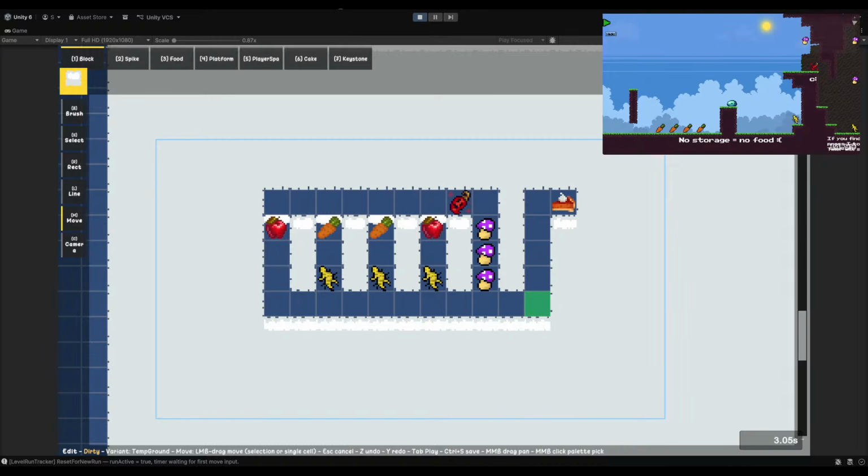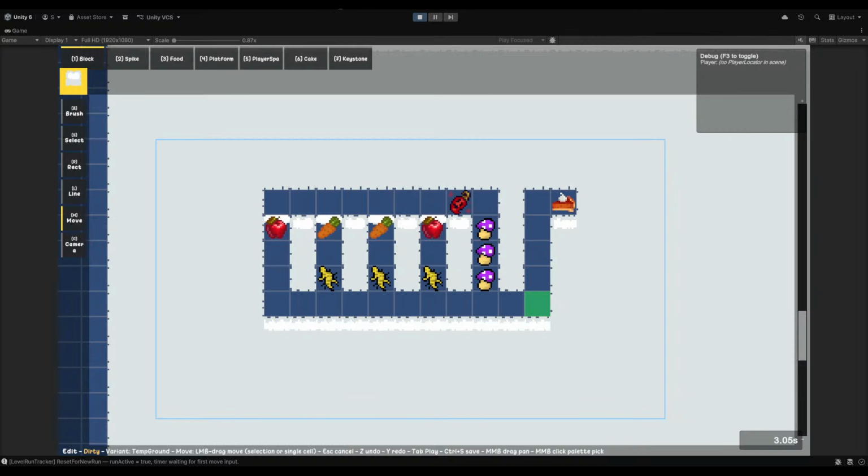I don't know if I should close. No, I shouldn't close the game. I will hide it. Which one is it? This one? Yes, hide this one. So we're probably not going to check on this game for a bit. Let's see. Oh, don't do that.